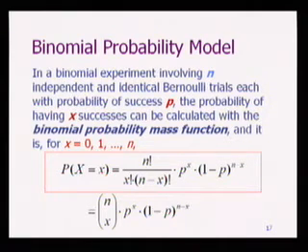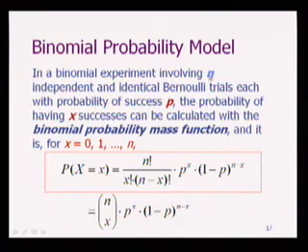And of course, in this kind of experiment, we're interested in observing a certain number of successes. So say we're interested in seeing 2 sixes, or flipping a coin 10 times and we're interested in seeing 3 heads. What's the probability of that? It can all be solved by using this formula.